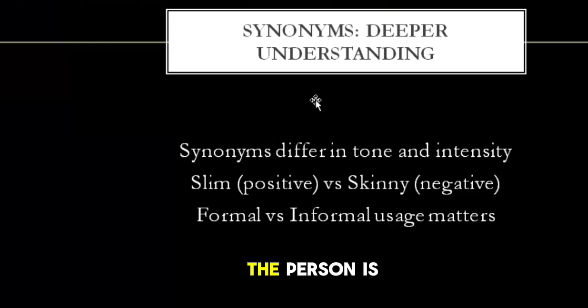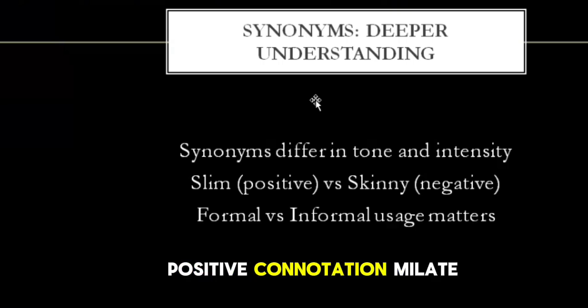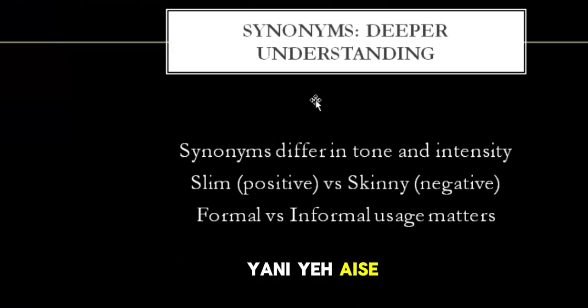That is, that the person is thin, fragile, या वो कमज़ोर है. And also the skinny, skinny again conveys the same meanings, लेकिन स्लिम जो है उसको हम पॉजिटिव कनोटेशन में लेते हैं. यानी ये ऐसे है कि स्लिम you can say that someone who is handsome, who is almost smart, तो ये स्लिम में आ सकता है. स्किनी भी अभी नेगेटिव में उसको हम ले लेते हैं.